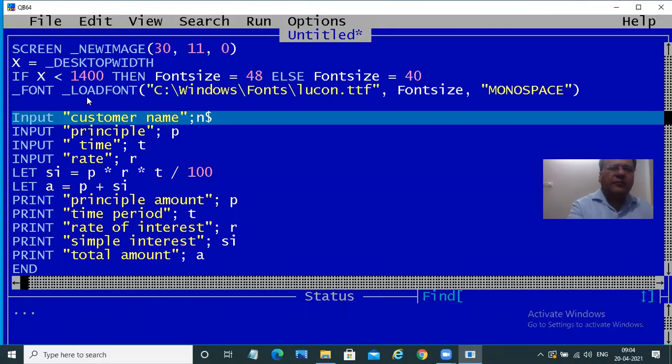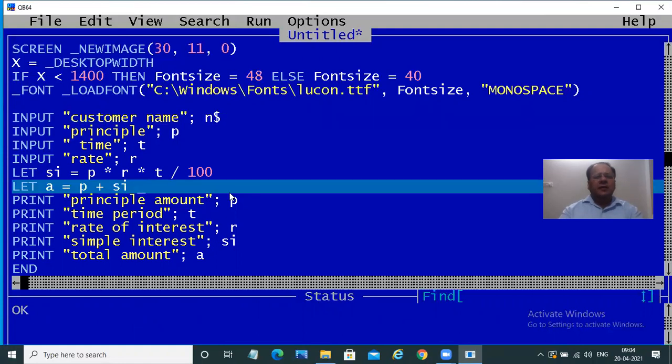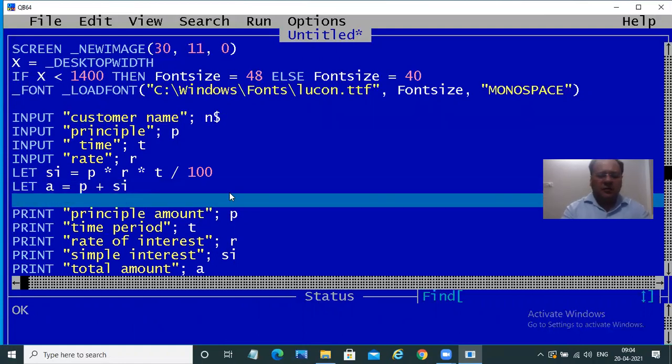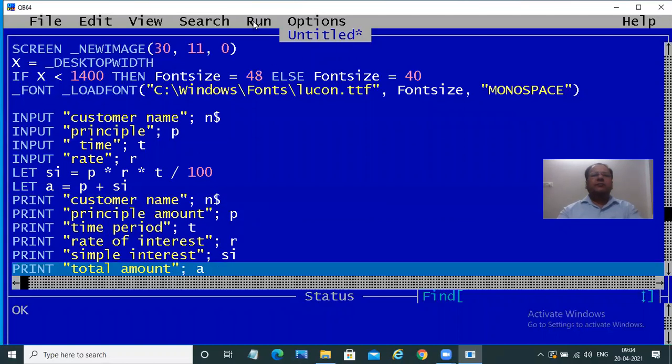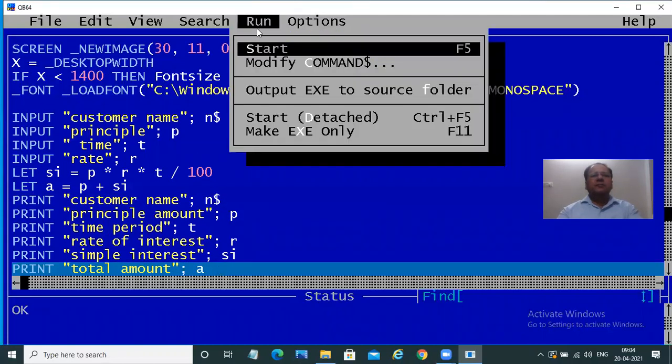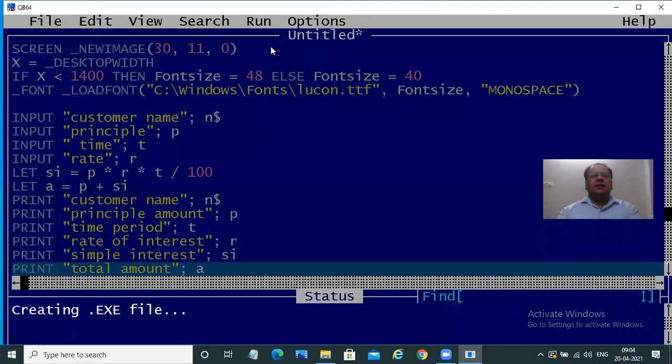Now I have to use $N because it is a string, and over here while printing I'll also print customer name to $N. The same variable which I've used here to input, I will print it out. Now you run this program and say start.